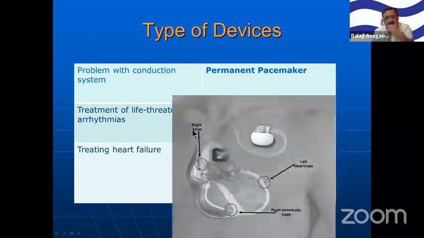Now, for treating heart failure, many times what happens, the patient is symptomatically in heart failure, his ejection fraction is 20%. He is on optimum medical management, but still there is a dyssynchrony between the contractility of atrium and ventricle. In that scenario, we want to optimize his cardiac output. Now, how can it be done? By pacing the patient with three leads. I mean, the atrium is paced, the right ventricle is paced, and the left ventricle is paced. And electrically, their contraction is managed so that cardiac output can be increased. This is what we call cardiac resynchronization therapy.